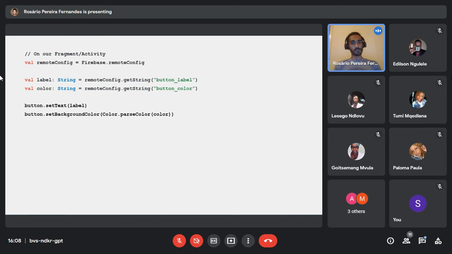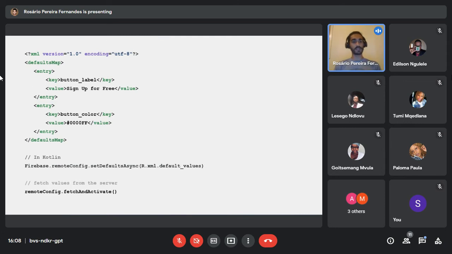There's a bit more code that you need to set up before you use it. So you're probably wondering, where do I tell my app that here you should use this color and not that color? So this is where you do that. In your fragment or in your activity, depending on what you're using for your UI, you can load those values from remote config, and you do that by calling remote config dot get string. I'm calling get string because those values that are set here are actually strings.